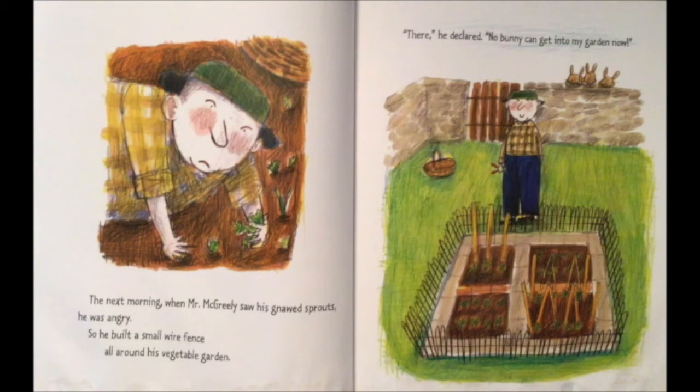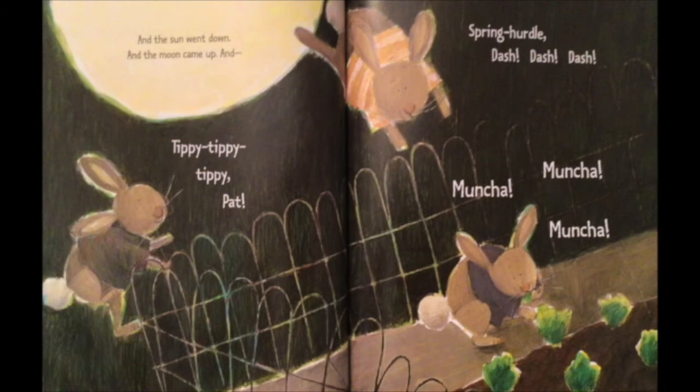The next morning when Mr. McGreely saw his gnawed sprouts, he was angry. So he built a small wire fence all around his vegetable garden. "There," he declared, "no bunny can get into my garden now." And the sun went down, and the moon came up, and tippy, tippy, tippy, pat, spring, hurdle, dash, dash, dash,